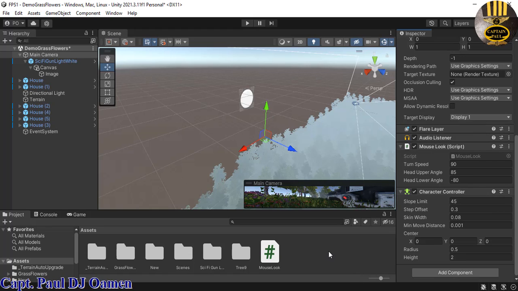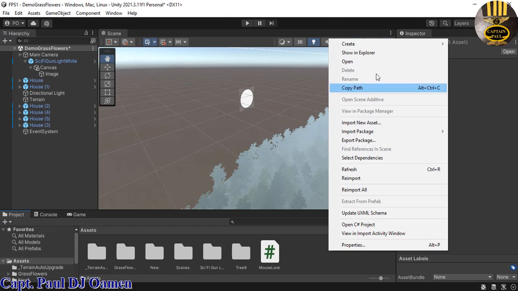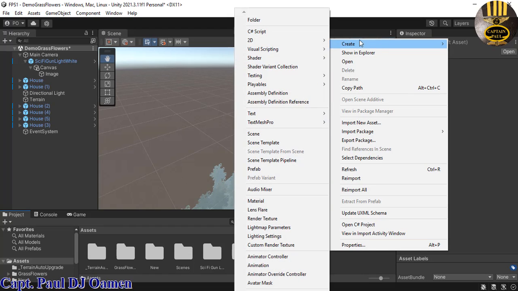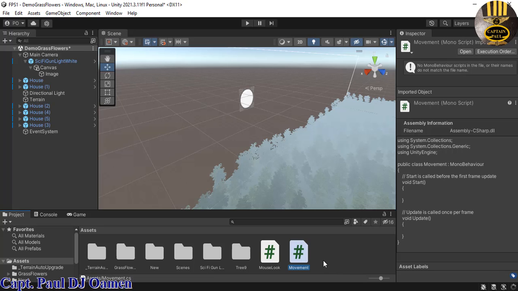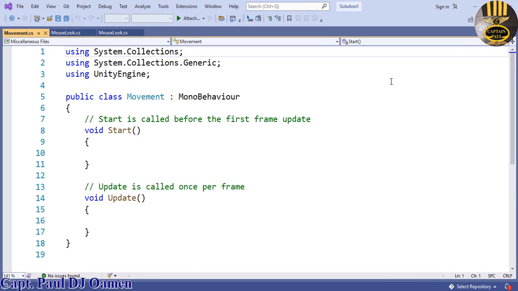Now let's right click inside the project area again and click on create. We want to select C# and give that a name. I'm going to call it movement. That is the movement script right there. Click on open. Once it's opened, the next thing I want to do is